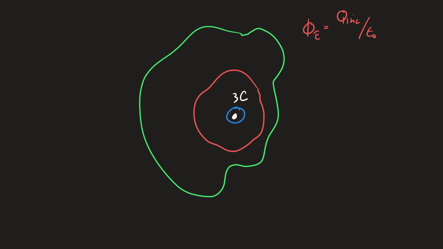Why was it different with the two charges in one? What's that? Like, why was it different with the